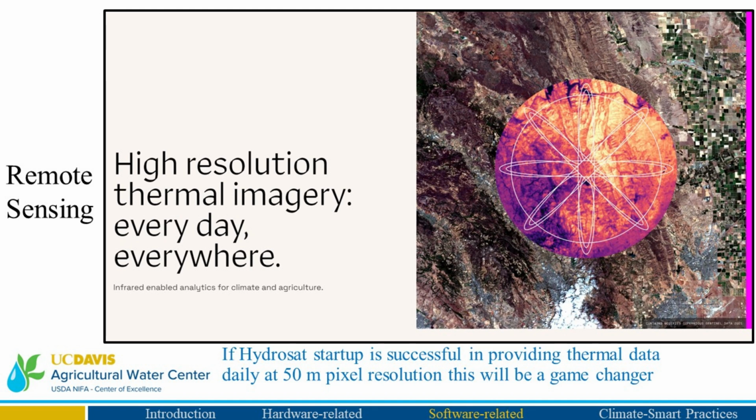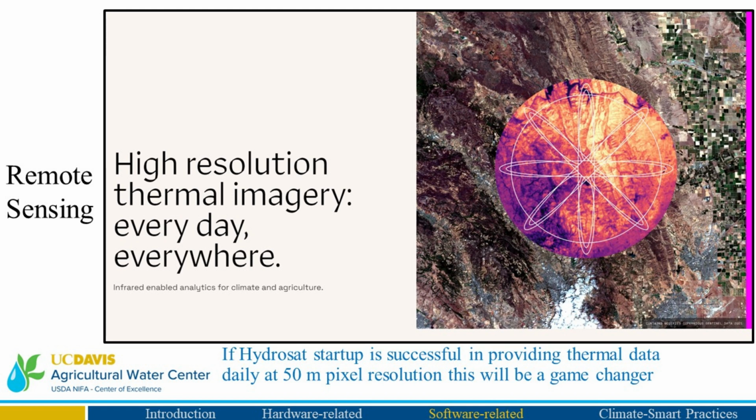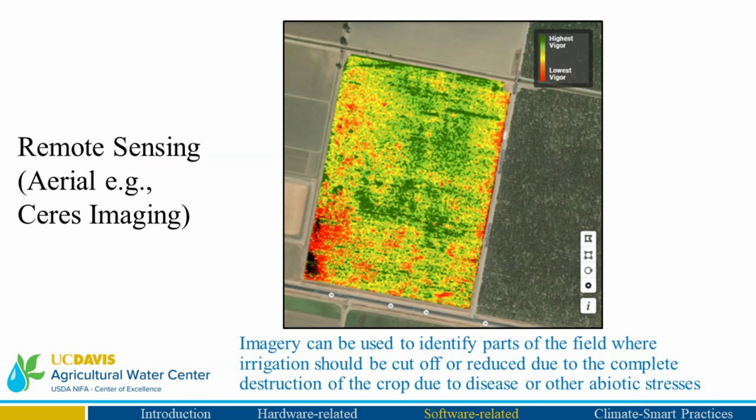This is really interesting. There's a startup called Hydrostat, which is promising to provide thermal data. Thermal data is one of the major inputs from satellites that we use in estimating water use on a daily basis at a 50 meter pixel. To just put it in perspective, thermal data we use mostly comes from a US satellite called Landsat at a resolution of 100 meters by 100 meters, and you can get it every 8 or 16 days. So if we can get it daily for the whole globe at 50 by 50 meters, I think these are